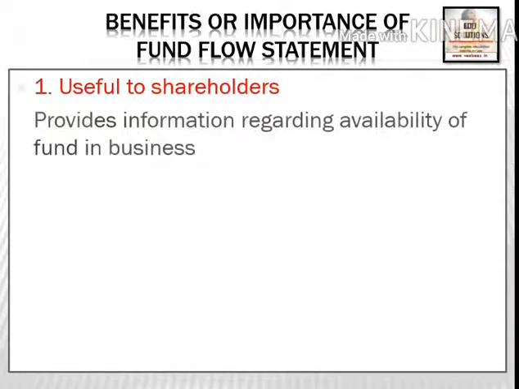The first area that we are discussing is useful to shareholders. A fund flow statement is useful to shareholders in different ways, and it includes the following. First one, it provides information regarding availability of fund in the business. Because in fund flow statement, we analyze the fund, the position of fund, the changes in fund, etc. So with the help of fund flow statement, the shareholders will get an information regarding the availability of fund in